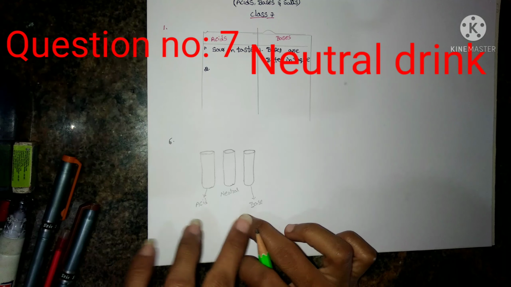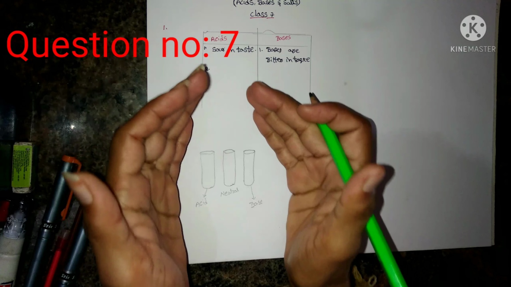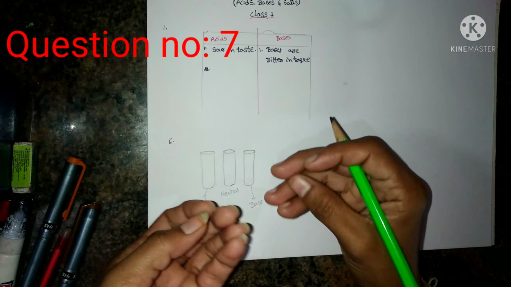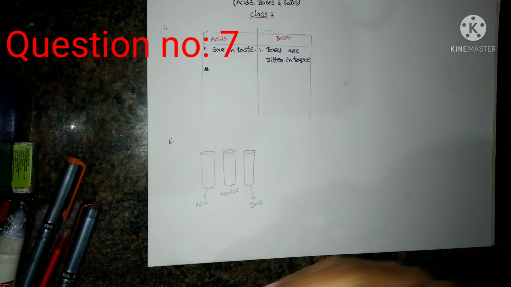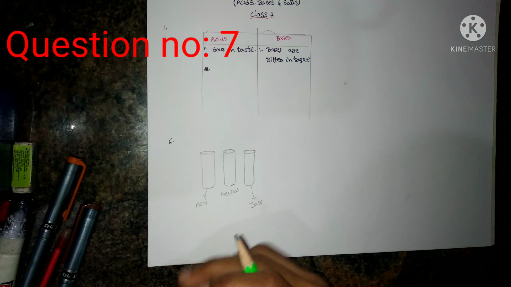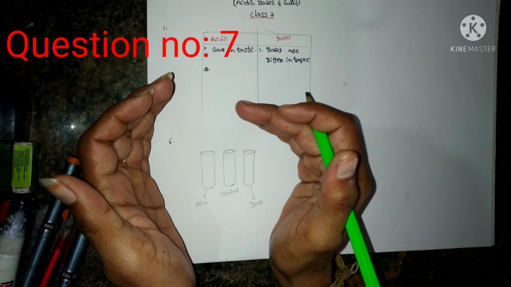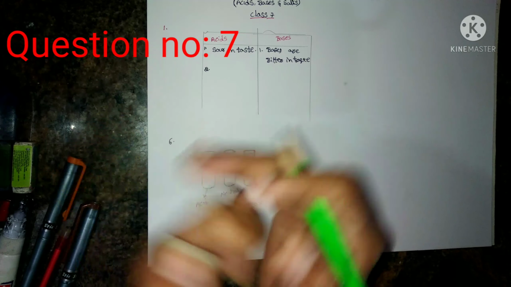Like this you have to write the answer. So like this Dorji will find which is the acidic, basic and neutral drink, and he will serve his customers according to their wish. Okay students, I hope you understood how to find the 3 different types of drinks. Next, we will move to the next question.